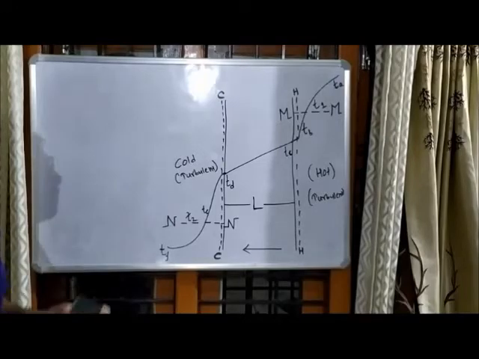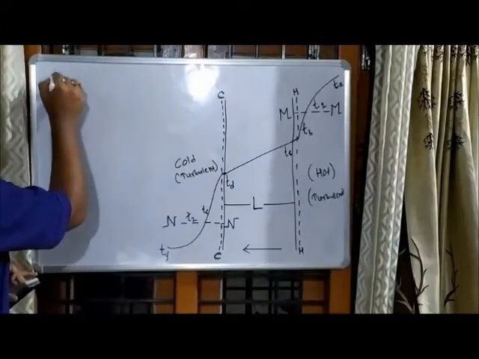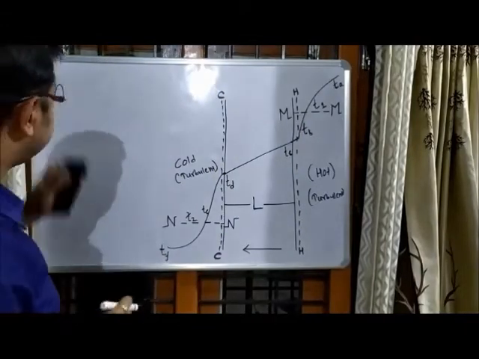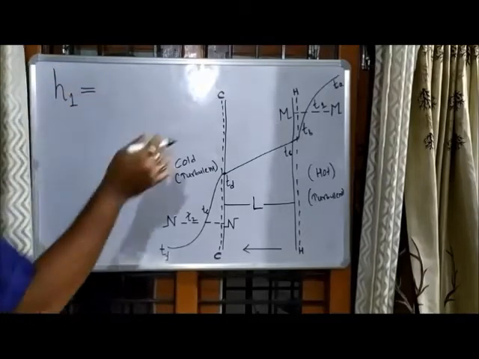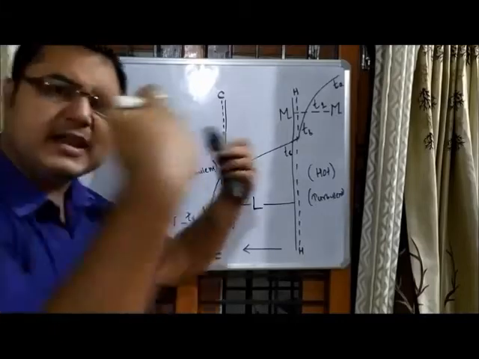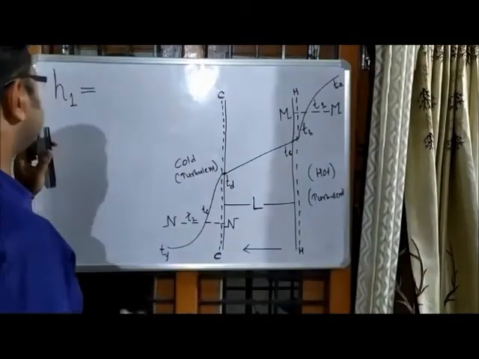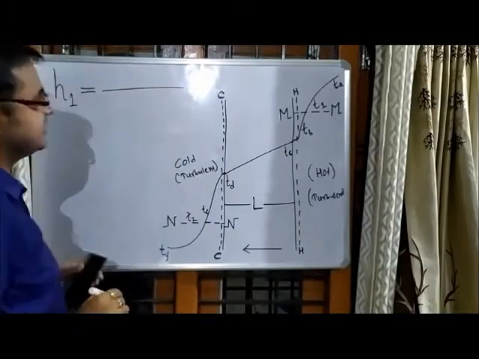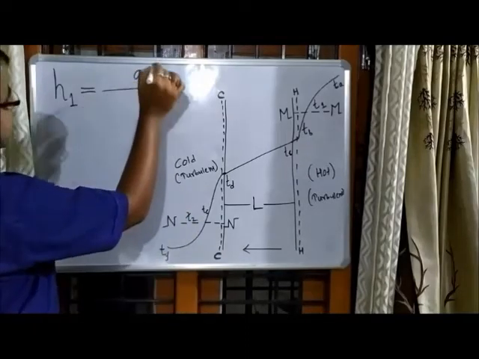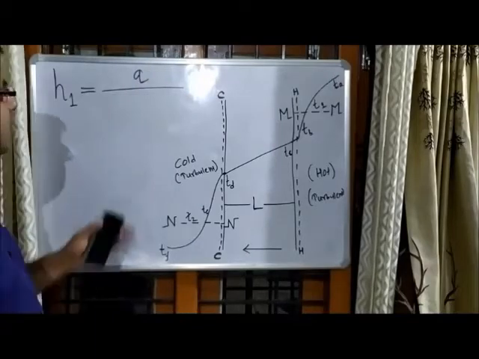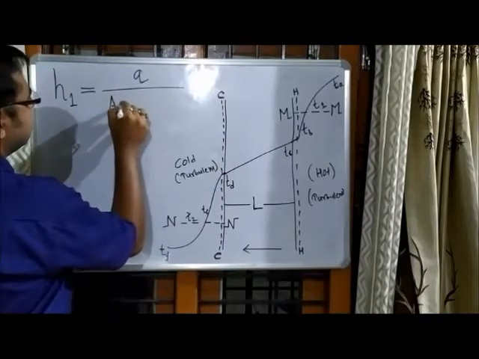So the film coefficient on the hotter side can be written as film coefficient, designated with H on the hotter side. So we have assumed H1 is equal to, film coefficient is simply nothing but the amount of heat flowing per area per temperature difference. So H1 can be simply written as what? First of all, the amount of heat flowing. Let the amount of heat flowing be small q, right? Now divided by area. This area is the A1.